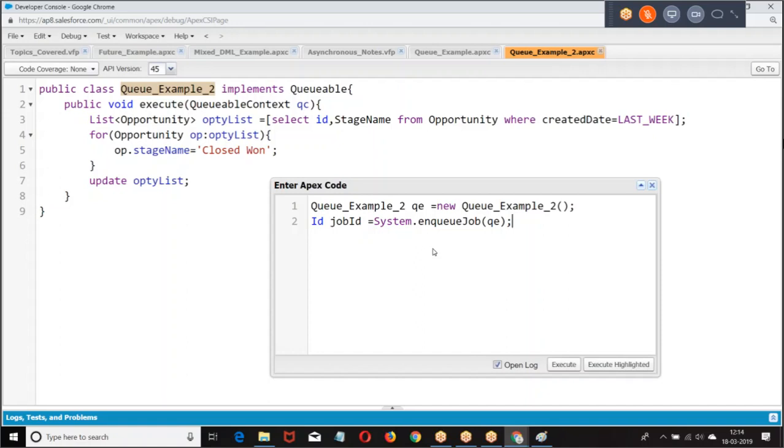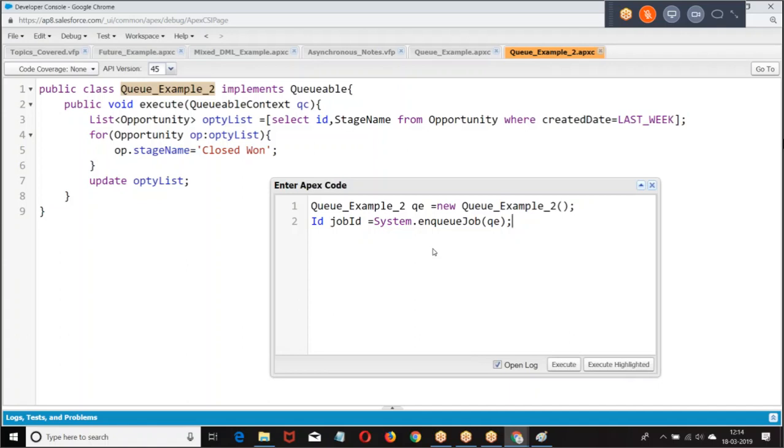Asynchronous Queueable: System.enqueueJob with the object of the class. Whichever class implemented the Queueable interface, the object of that class should be created. Then we say System.enqueueJob.